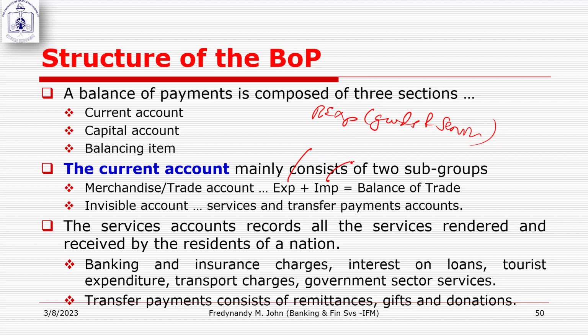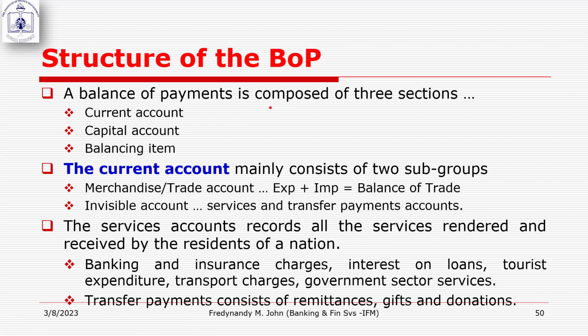Then the same account records the imports of goods and the import of services. And later on, we come to compute the balance of trade. So, balance of trade is the difference between export of goods and services vis-a-vis imports of goods and services. For example,